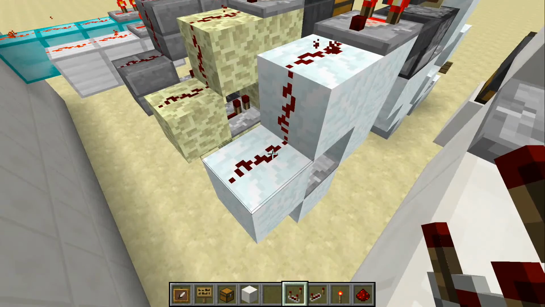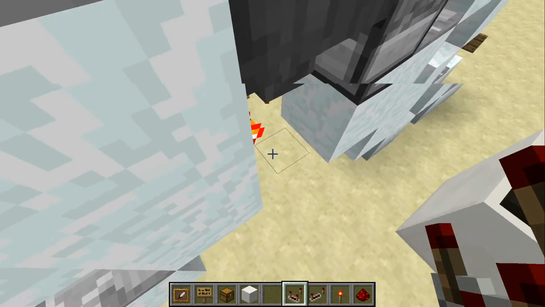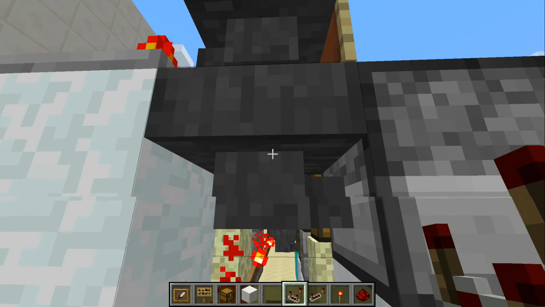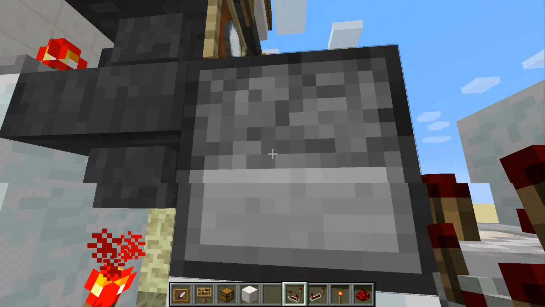As it goes above that level, 6 snowballs will activate a second piece of redstone, which will turn off this torch here and allow it to be pulled down. It only turns off the torch long enough to pull out the 1. It doesn't pull out more than 1. But then it sent